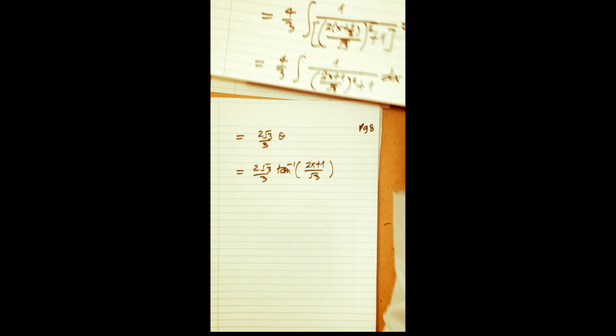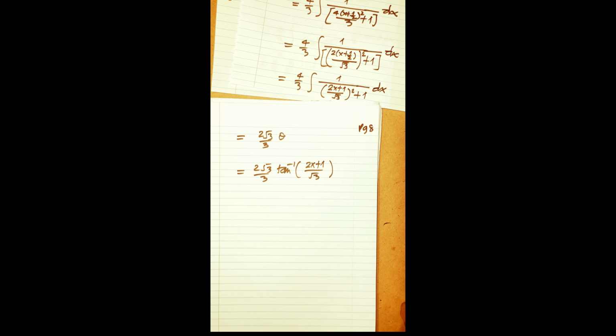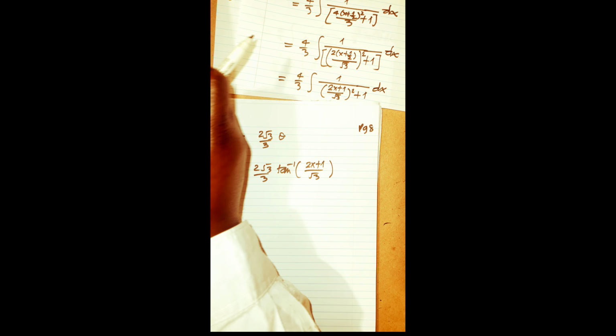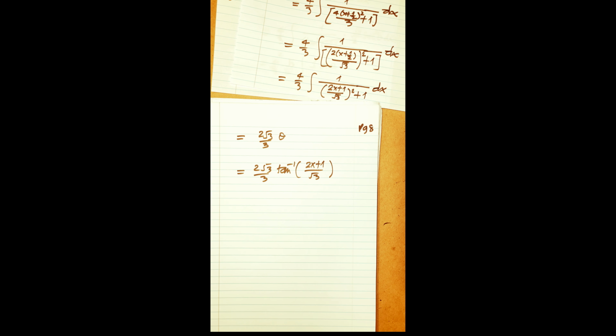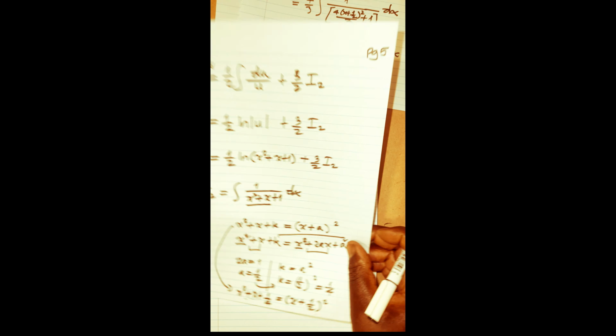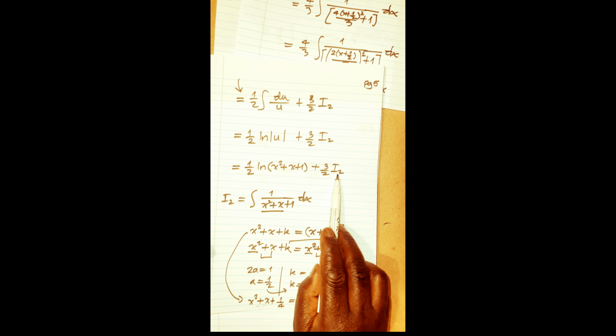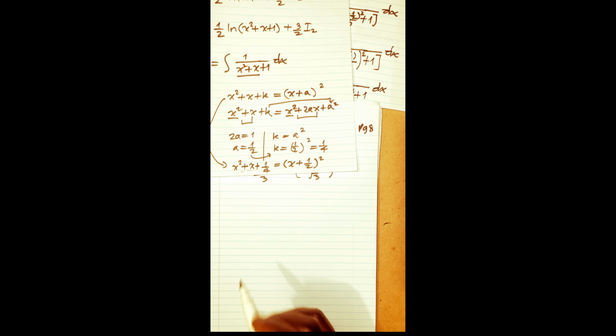So we have to move back to where? Where we stopped at I2. We have to move back to an expression containing I2. Let me go back to which page? Here is the page. Look at this. It's half of that plus 3 over 2 I2. So we're basically saying, therefore,